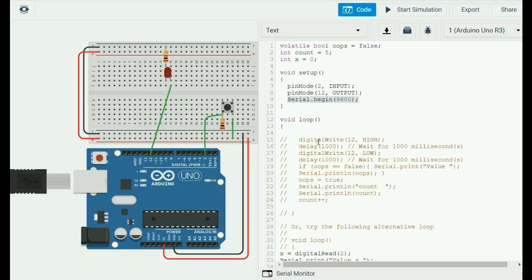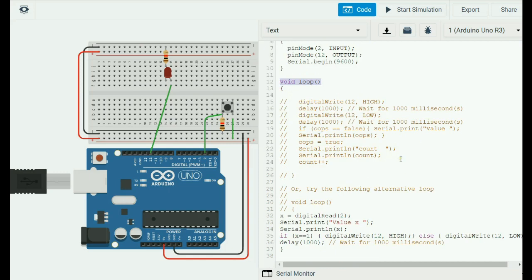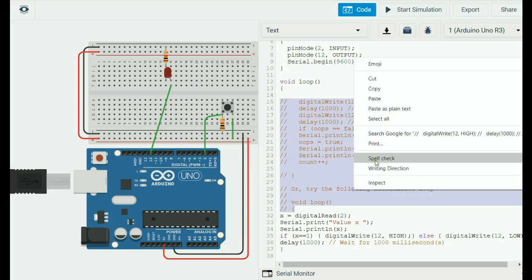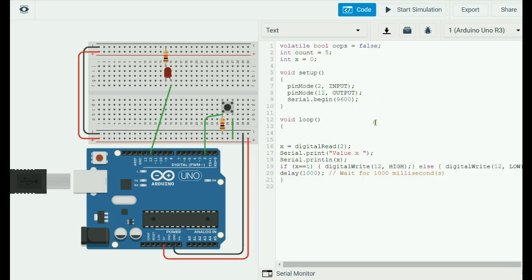All right, here is the function that is going to be the loop. That's what's going to keep executing while the Arduino is on. All of these lines here are commented out, therefore they have no effect. It's as if they do not exist, and we can remove them altogether. So the loop over here is just this body, and what happens is the variable x assumes its value